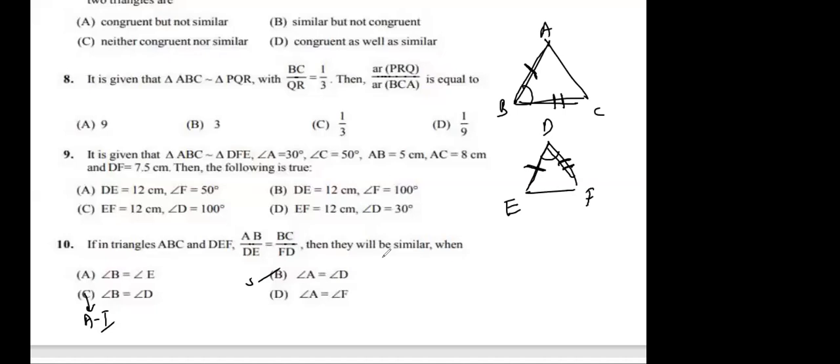Sadhna, समझ में आया? Sir, can I explain once more? Okay, beta, just understand this one. It is given in the question that triangles ABC and DEF are given to you. So we simply draw this one. And according to the proportion, the ratio of the sides is given that AB is proportionate to DE. So AB, this side, we draw it with a single line, is proportionate to DE, and BC is proportionate to DF.